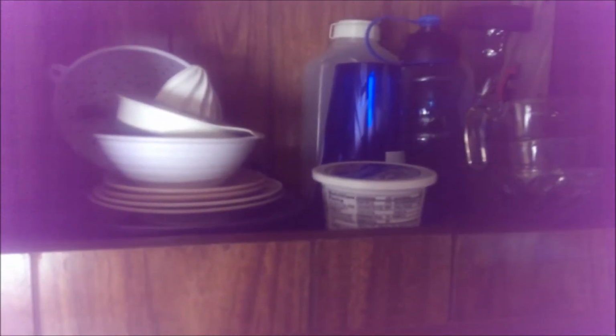So I got my dishes up here, and I got food in there, and I got my pans in here. A good friend of mine bought me this new pan set. It was really awesome of him. And then of course we've got Jax's, and yes, I'm walking on my couch because that's the only way I can reach anything. And then these ones over here,